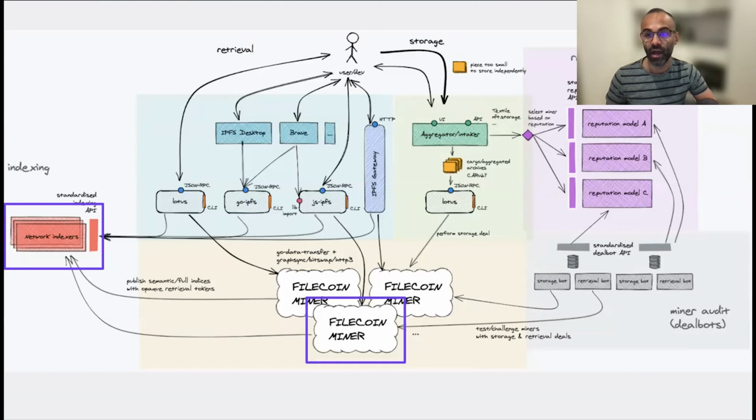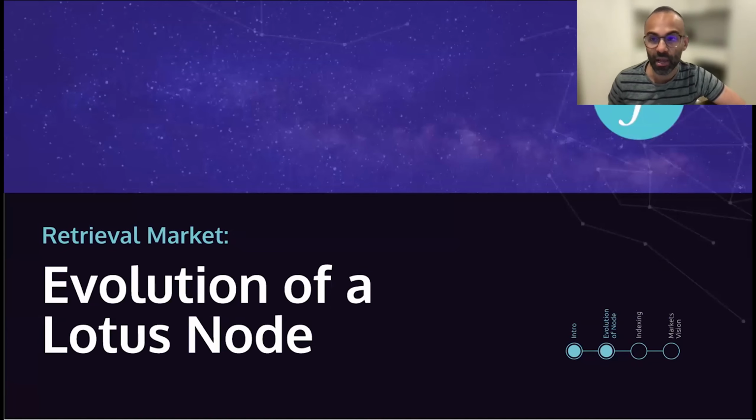We are within the Lotus maintainers team doing a little bit of the initial work of getting the rough ideas and an internal consensus before we actually start engaging the actual stakeholders in the community and open up the conversations a lot more. So these two elements I think are highly relevant to the retrieval markets work. So let's dive in. All right, so what I'm going to be talking about personally is the evolution of a Lotus node, and